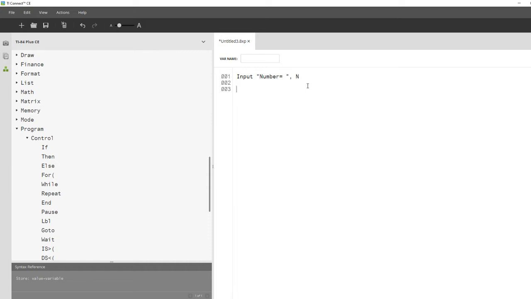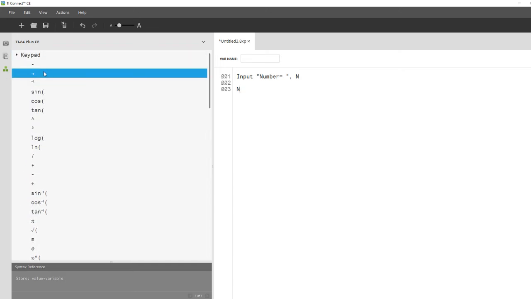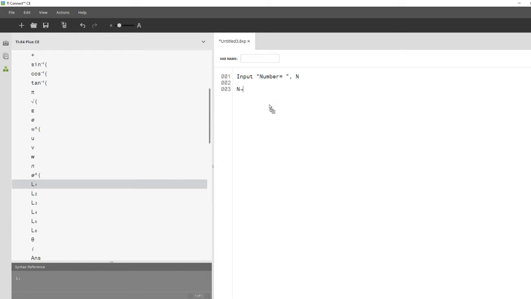So if you have element 1, element 2, whatever number you have, we're going to say n, and then we'll store it as a list. So we're going to do n store list 1, element 1 plus dimension of list 1, and